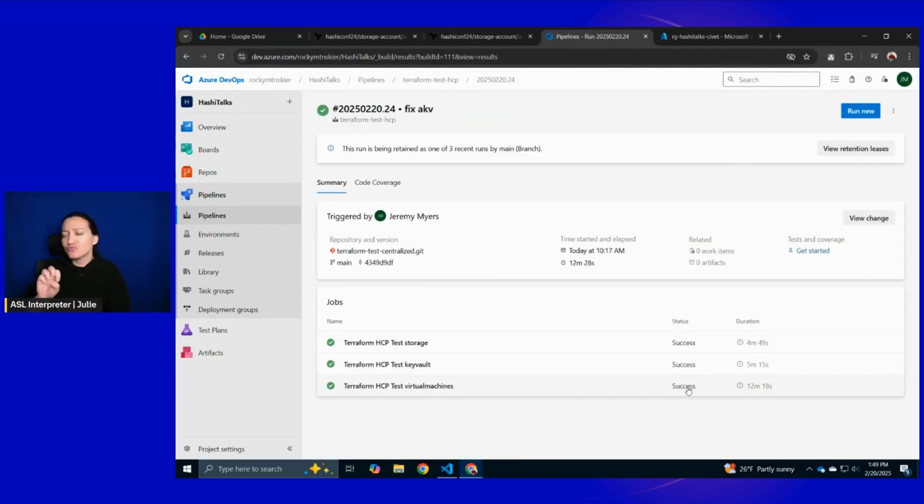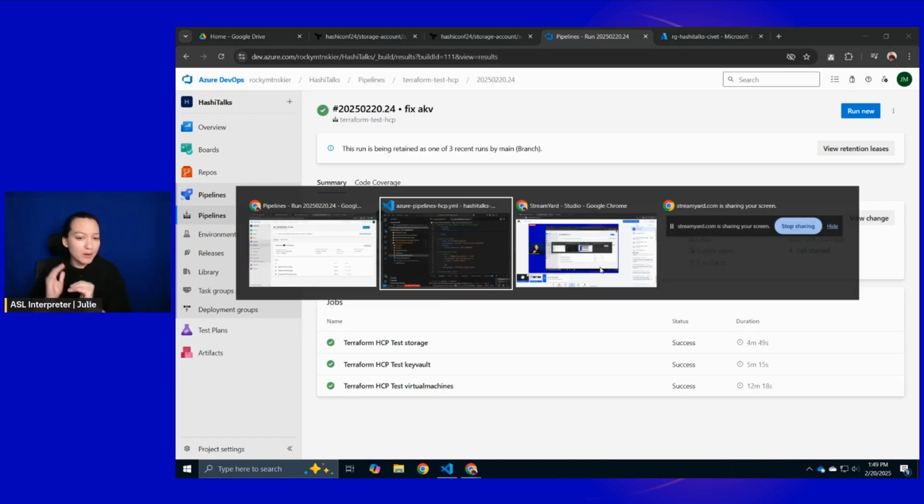So that was 12 minutes on my virtual machines. My total runtime was 12 minutes. I've now covered all of my modules to verify them in about 12 minutes. Now we can expand this to as many modules as we want. And it's really based on how many run agents you have behind it, say in GitHub runners or Azure DevOps build agents. Now, the other way that we can do this,